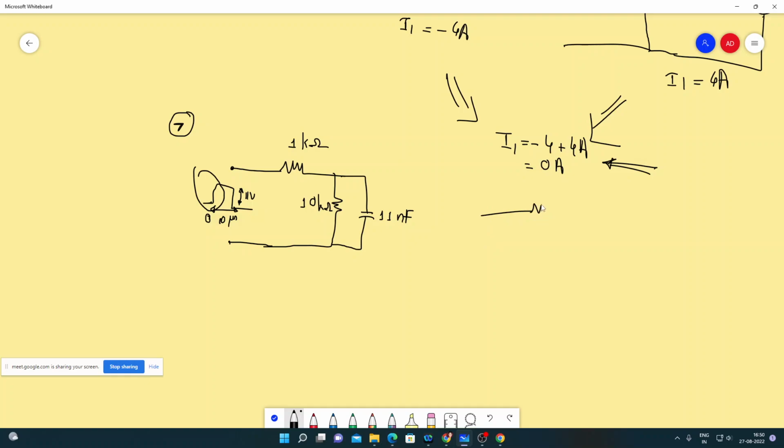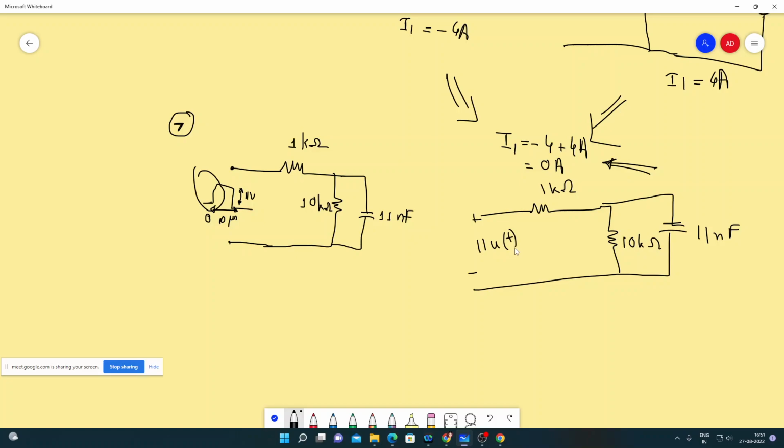So the circuit has 1 kilo ohm, here we have 10 kilo ohms, and 11 nanofarad. Since the circuit was initially completely discharged, the capacitor won't have any voltage across it, so we can directly say